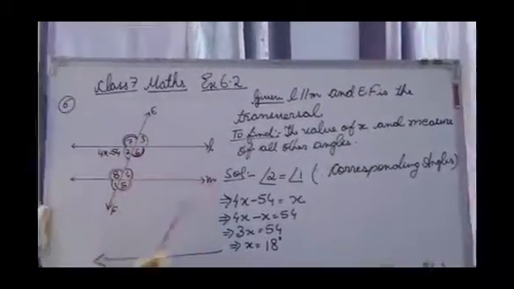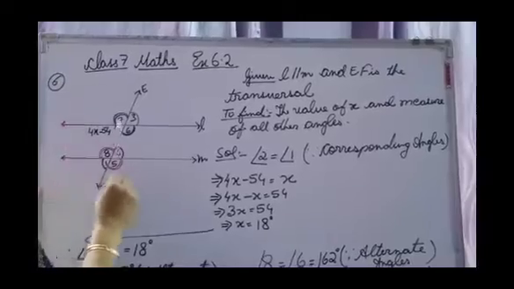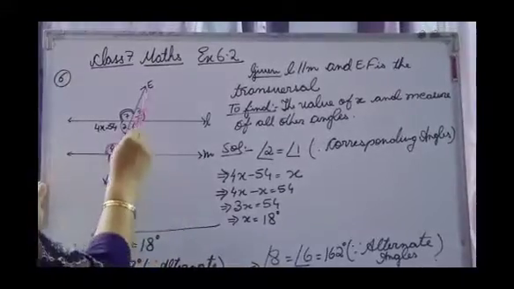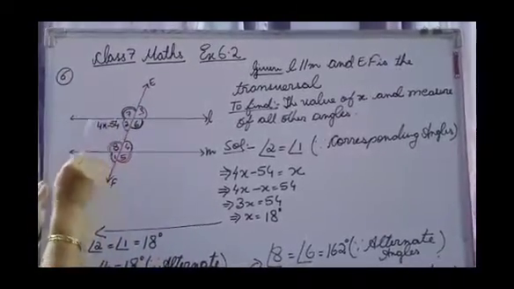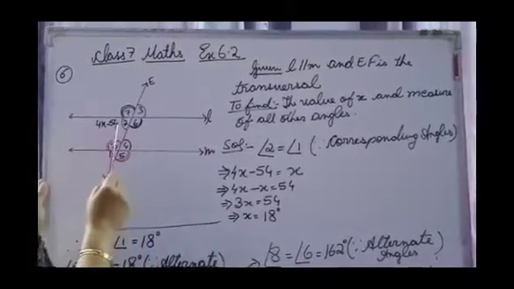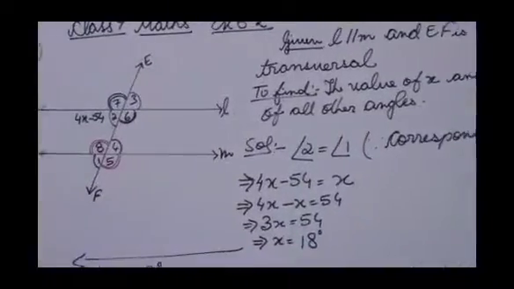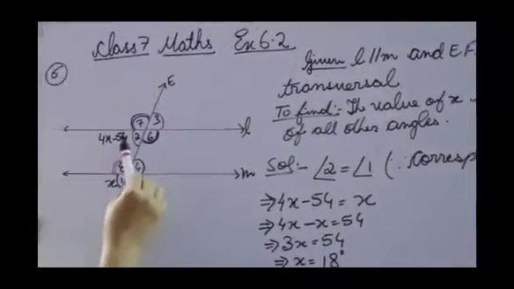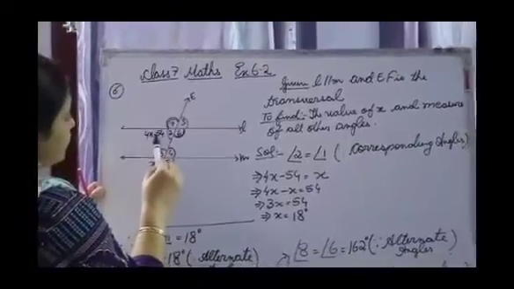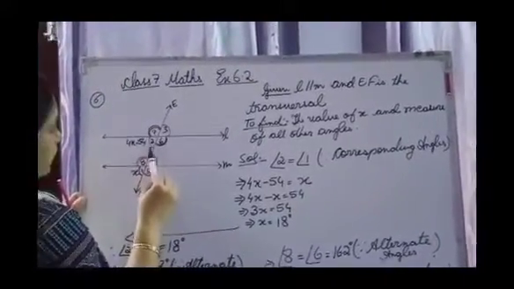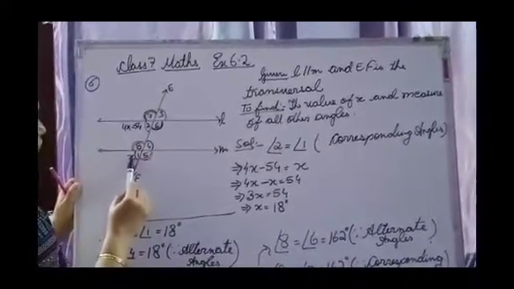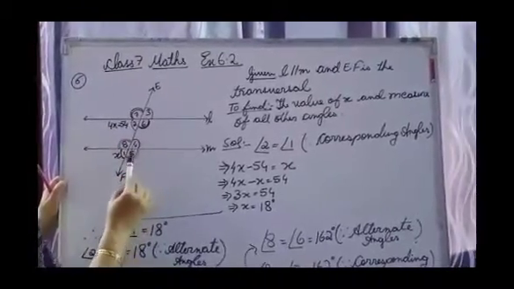So, you can see the diagram here which is already drawn. Line L is parallel to line M. So, L is parallel to M. And EF is the transversal which passes through L and M. You have to find the angle of X. Now, this is X. So, we also see that this angle is already given 4x minus 54. This is already given in the diagram. And this angle is also already given, that is X. So, first we have to find the value of X and then the value of all the remaining angles.